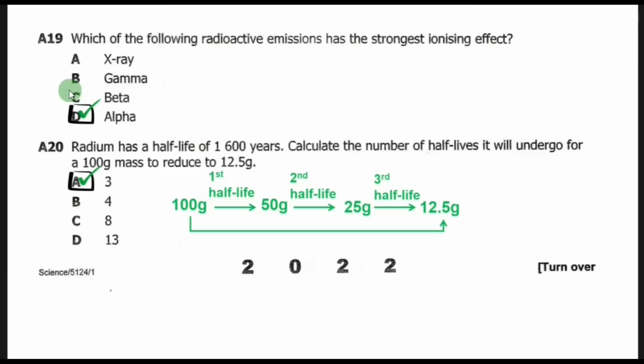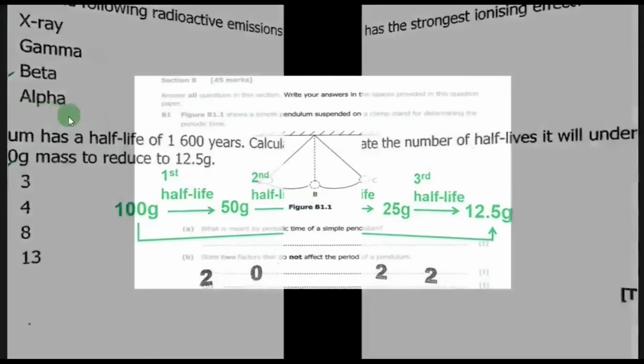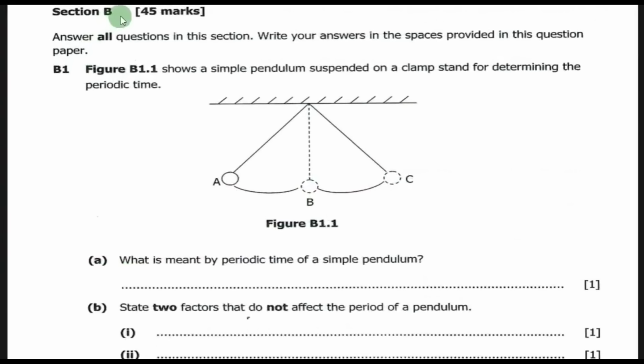Account. Alright, so let's go straight now into section B. Here we are in section B, 45 marks. Answer all questions in this section. Write your answers in the spaces provided in this